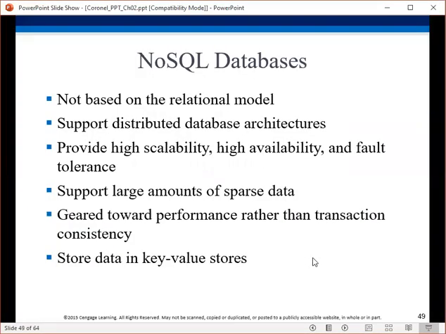So NoSQL databases are not tabular. They use other formats, and they relax some of the key principles of relational databases. One of them is immediate consistency. You have multiple databases that are the same database, but you put them on different servers so that you can scale and handle more